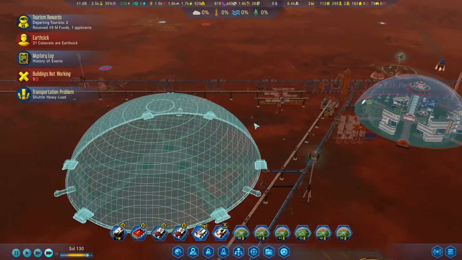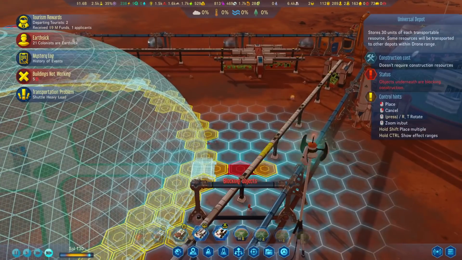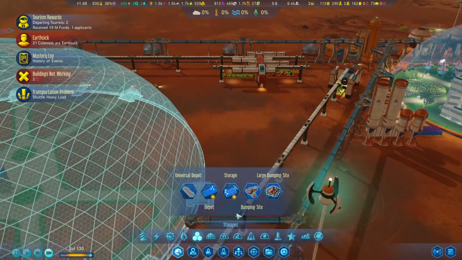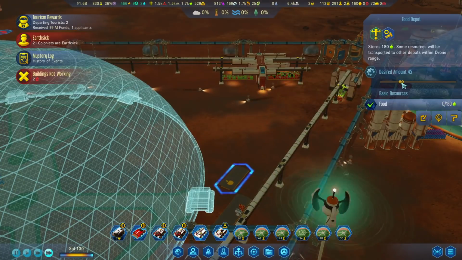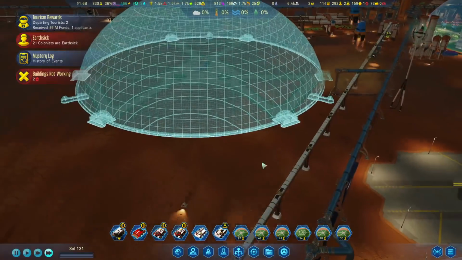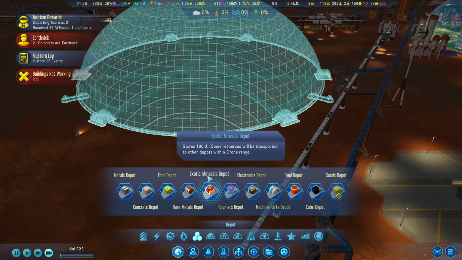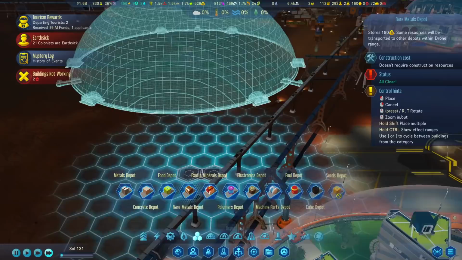And yeah, we're just getting ready for what we're going to be doing with the Mohole project. I'm going to get another universal storage over here just to make sure it's okay. We'll get a food storage over here with a little bit of a food request, and just on the other side here. Actually, I should really have the bigger storage unlocked, but I don't have it yet. So I'm going to put